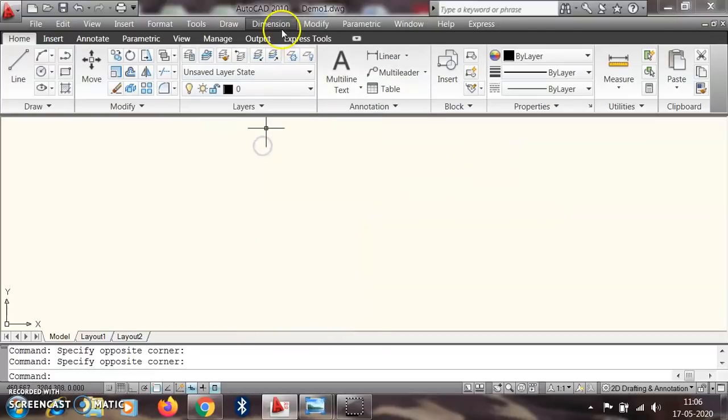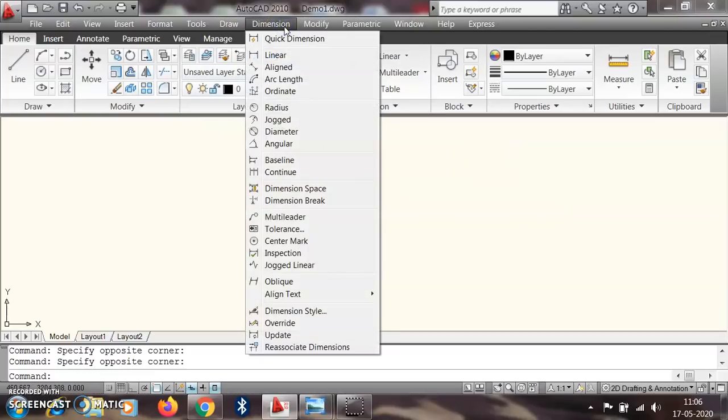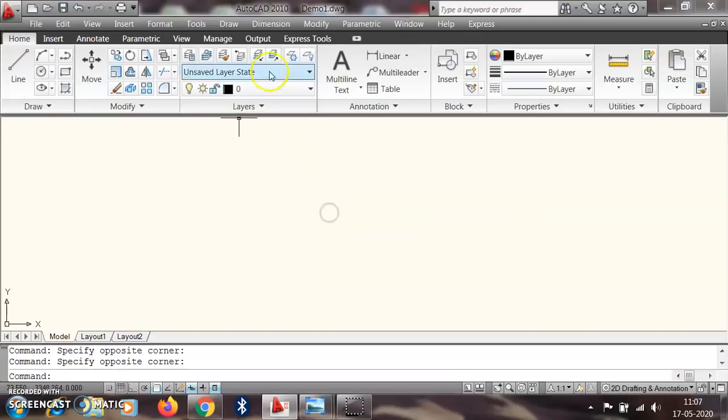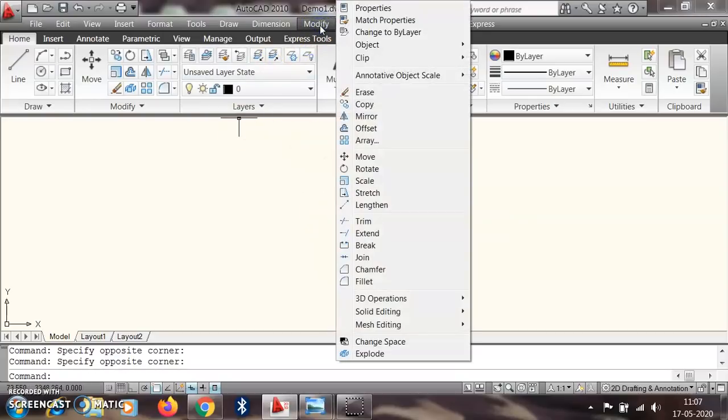Then Dimension: if you have to give a dimension to any line, circle, arc, or anything, you can give it from this menu or using these toolbars. We'll discuss that at that particular time. Whenever we require those things, we discuss them, and we can use each and every command or toolbar of this